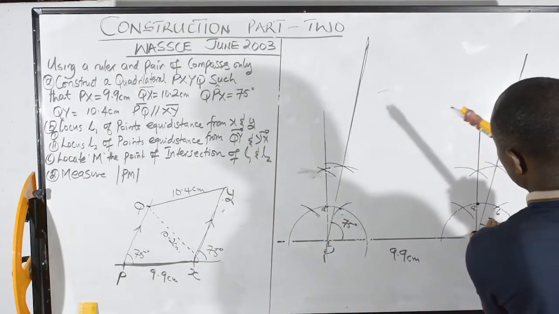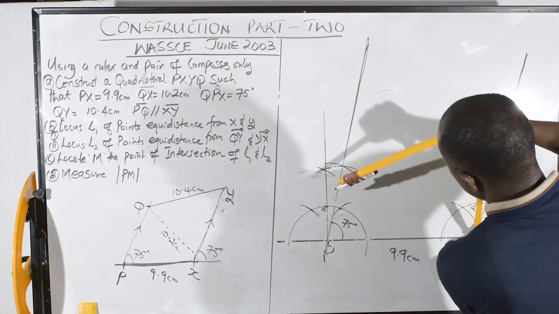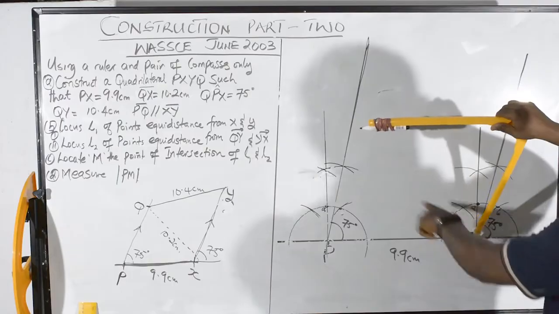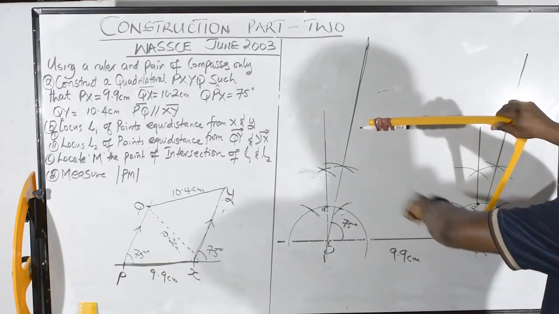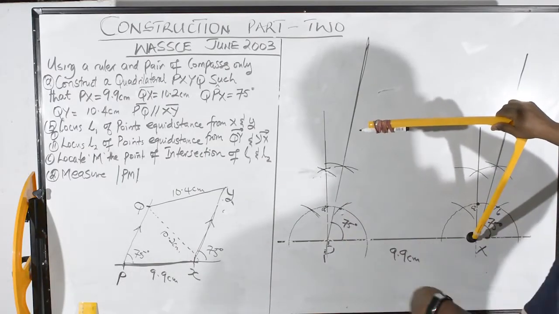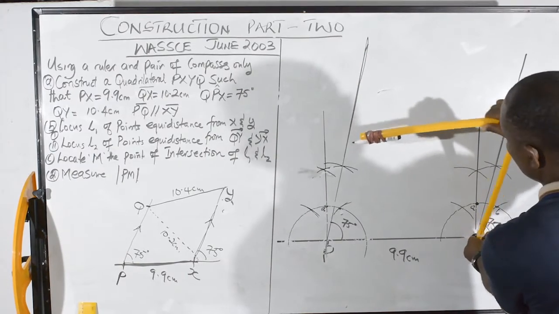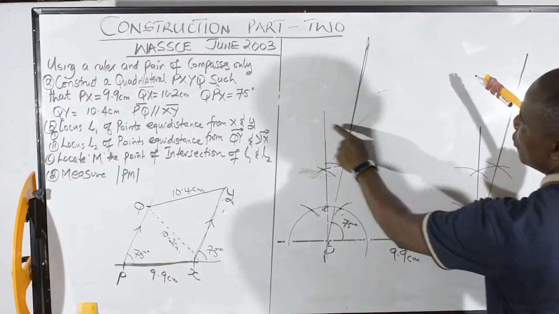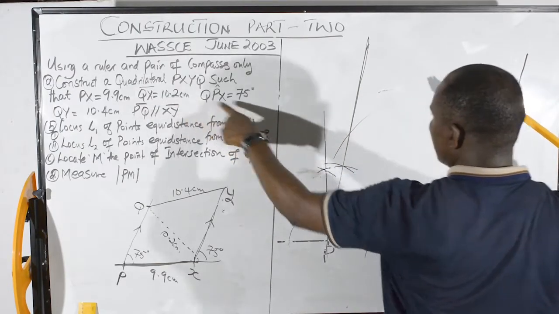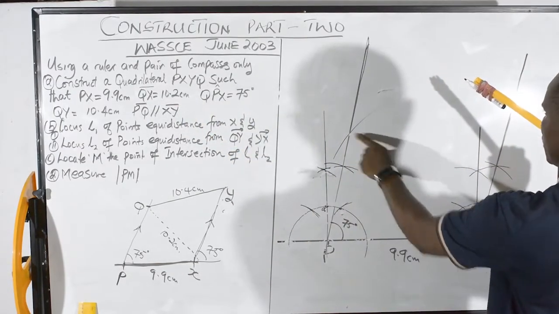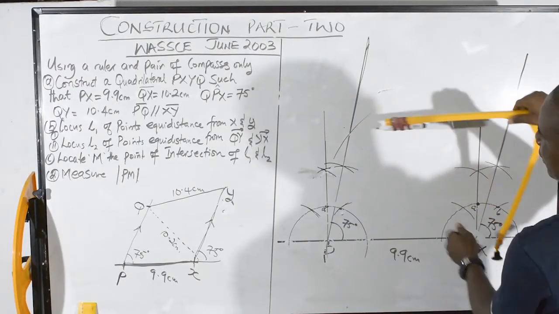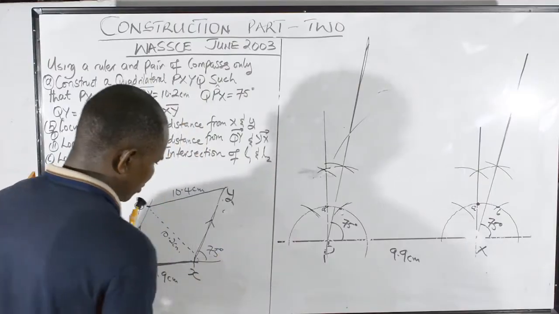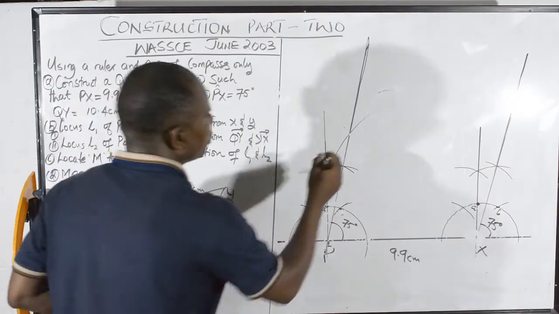So this is where I will stand at X. Then I cut an arc somewhere. I'm assuming that this line here is 10.2 after measuring it from the ruler. So now I use this point and strike an arc to give me the Q. So I'm trying to get 10.2 somewhere there. From here to here is 10.2, because I've already said that this distance is 10.2. So this point here becomes my Q. So this is point Q here.